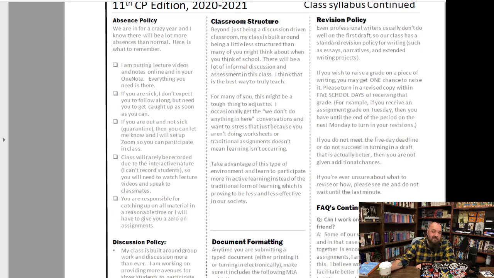But that applies to any sickness, all right? You are not under any pressure to do my work until you feel better, okay? I would like you to get caught up, though. This isn't a let's wait a month to do Mr. Morris's makeup work, because the longer you wait, the worse the grades are going to be, okay? You can look at the specifics there.